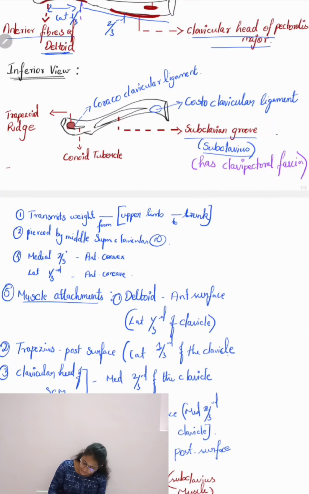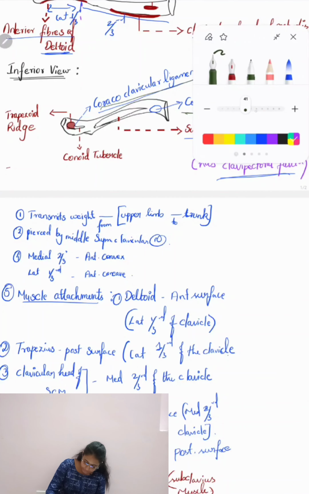It also has a fascia known as the clavipectoral fascia, and a ligament known as the coracoclavicular ligament. On the medial side we have the costoclavicular ligament. The lateral part has the coracoclavicular ligament,